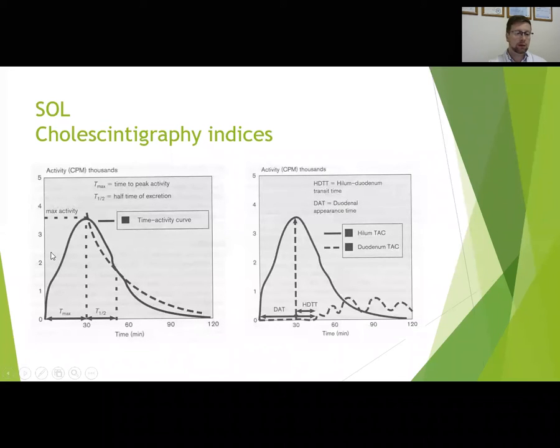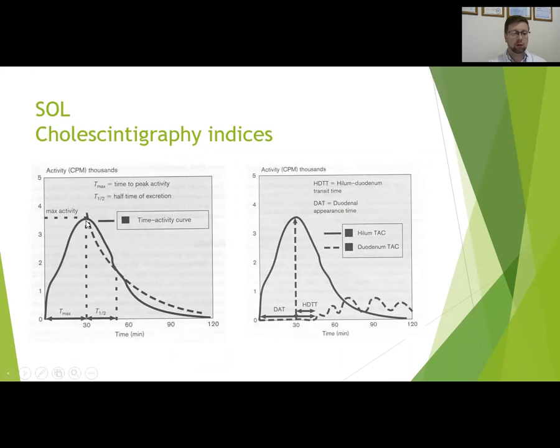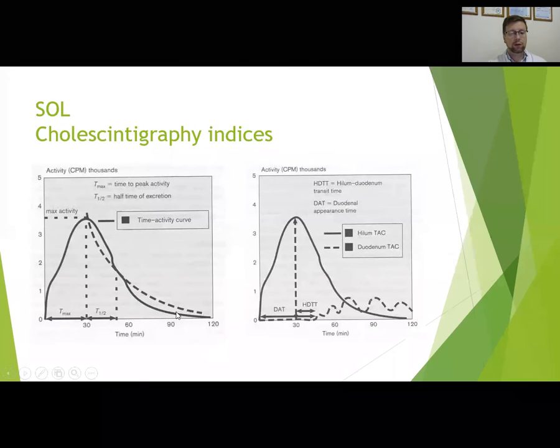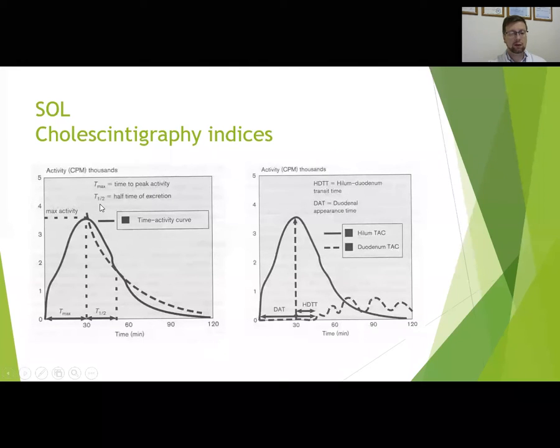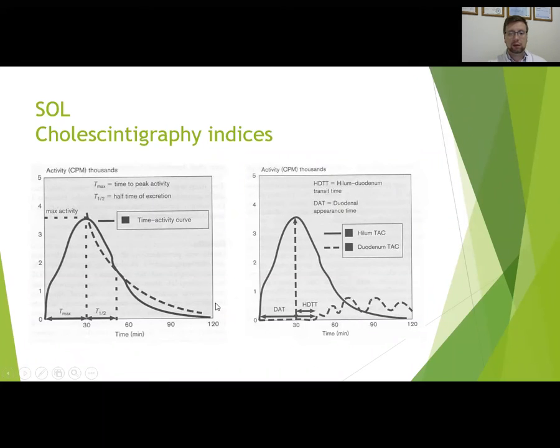And here we can see the process of accumulation of a radiopharmaceutical. Here we can see the vascular phase. Here we can see the parenchymal phase, maximal peak, and the slope of the excretion of the radiopharmaceutical. T half, or T 1/2, is the half time of excretion. And another example, very similar. This is the hepatic time